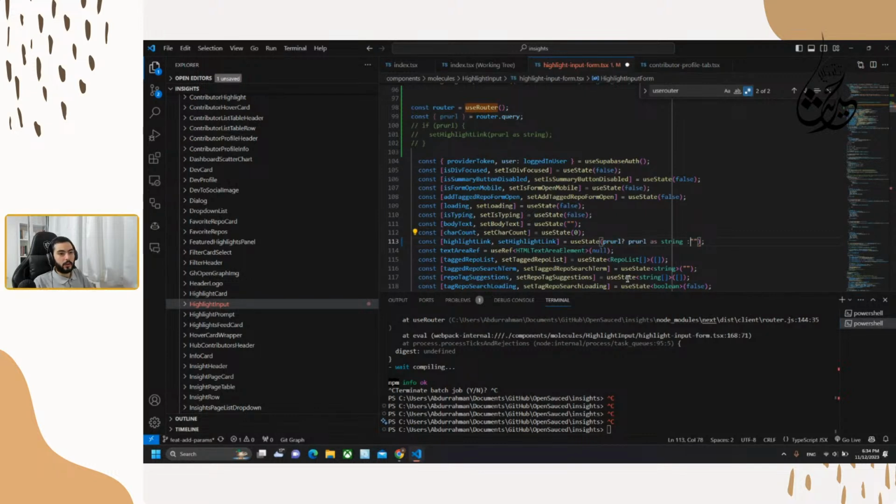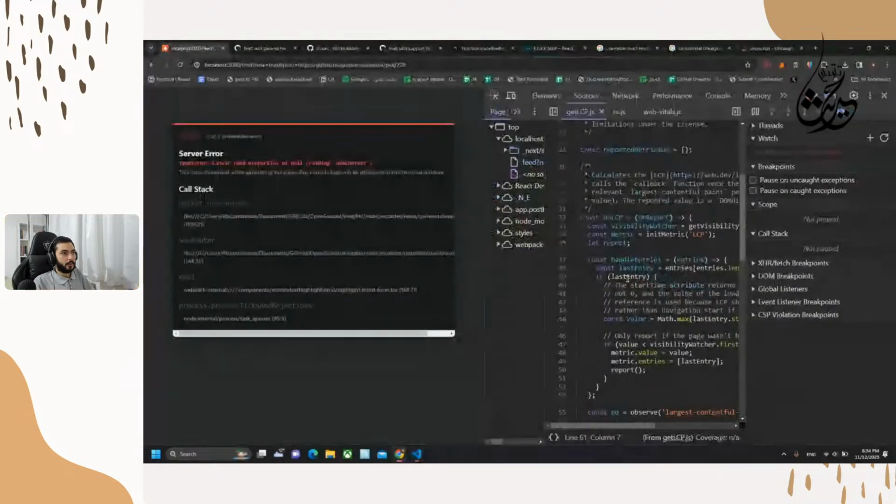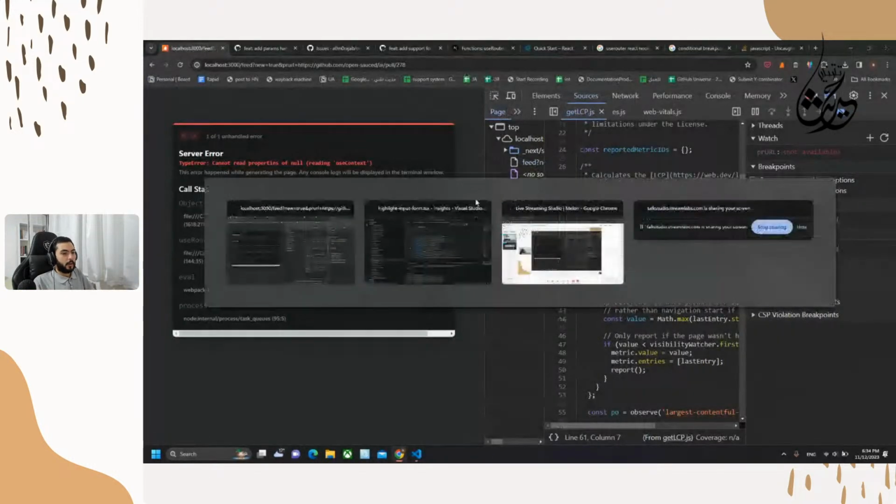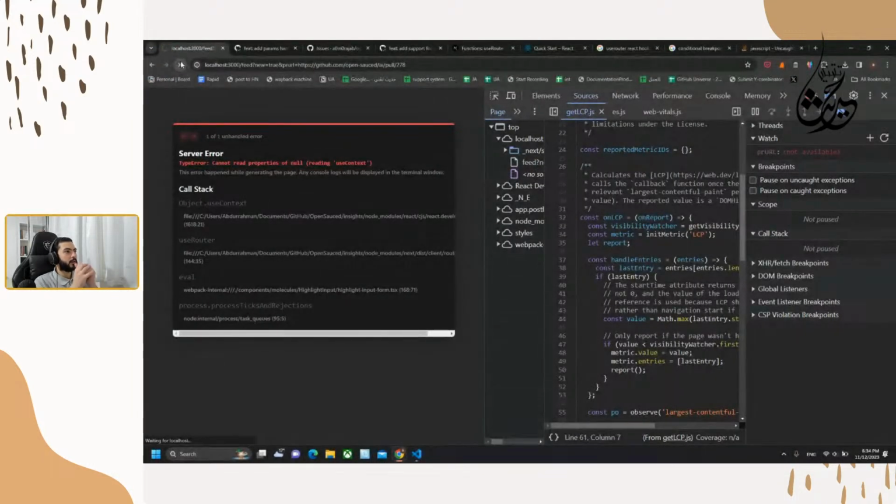Here we have the PR URL. If not, we have some empty state. And we could just refresh this page and see what you are doing.